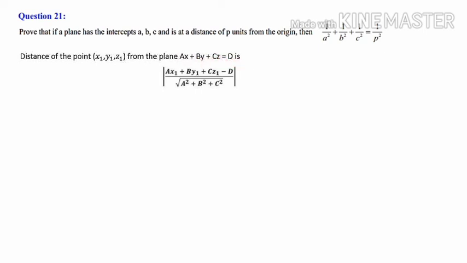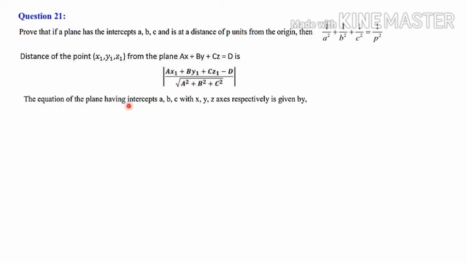And here I am using the bigger letters, capital A, capital B, capital C, and D on the right side. This is for the convenience of this calculation, because here also small a, small b, small c are there. That's why we are using capital A, capital B, capital C and capital D here. So you should not have confusion with the formula sheet. I am going to use this formula here.